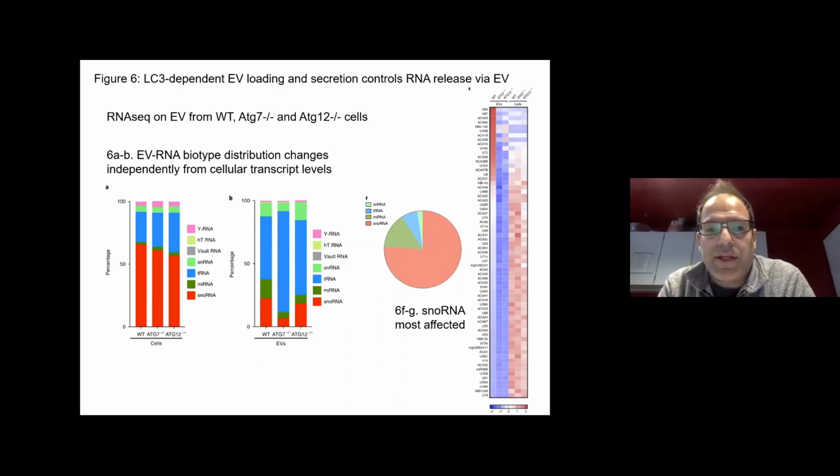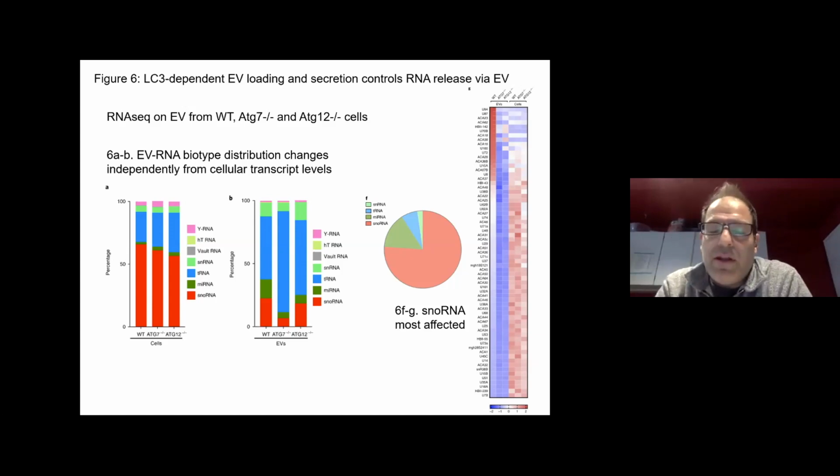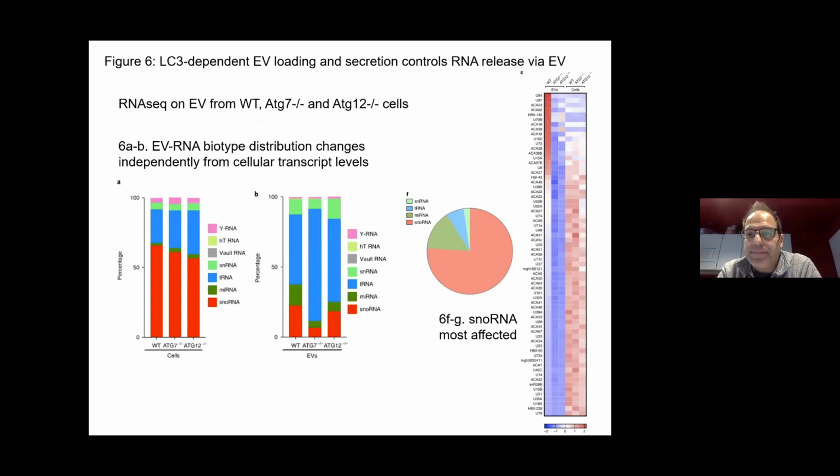So I think that there's definitely a broader role for autophagy in regulating RNA metabolism and things like that we haven't really, I think, even touched the surface of yet, given the number of RNA-binding proteins and RNAs that we're starting to see affected both inside and outside cells. So you do see some global effects on microRNAs, but I'm wondering, do you see any of the